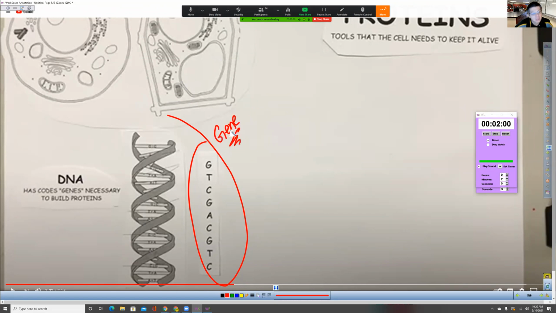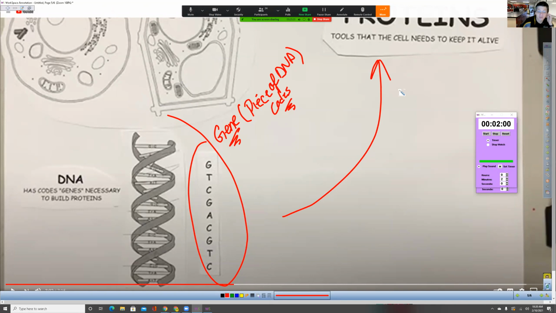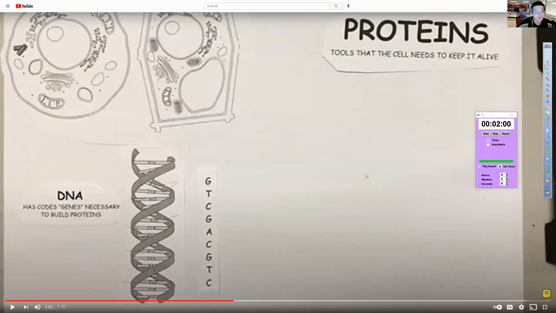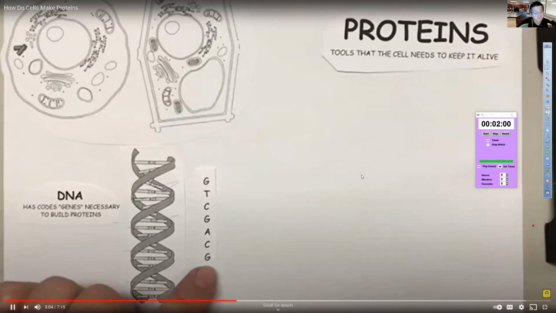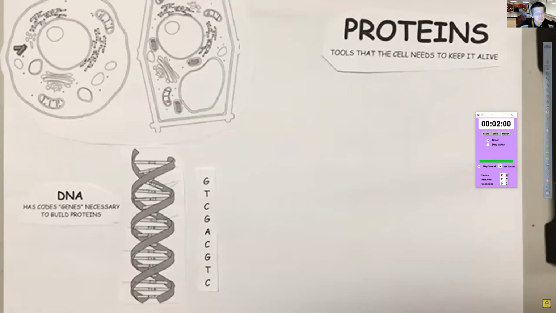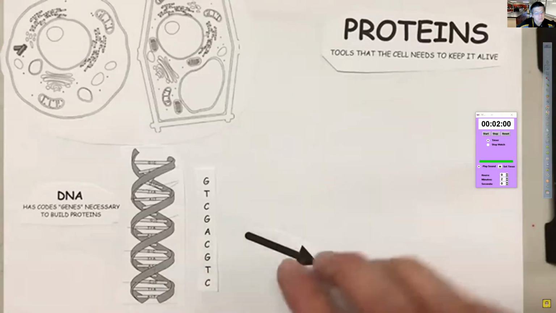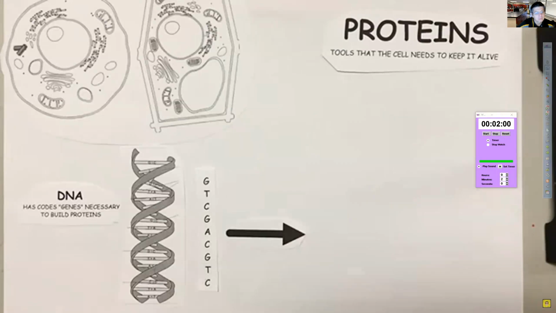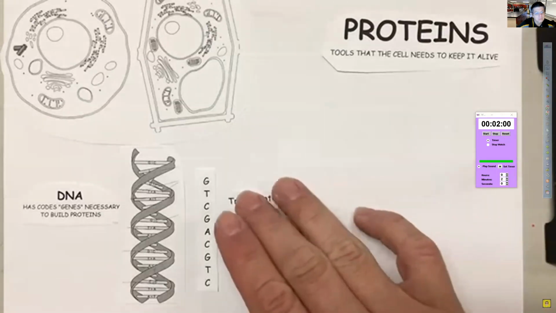Okay, so this is just a gene. Remember, it's just a piece of DNA. And this piece of DNA has codes in it. And those codes we're going to use to make the protein. So that's very important that we understand that concept. So here we go. And there are many genes that DNA has, maybe 20,000 or so. Now, the first thing that needs to happen is that this code needs to get copied, and it needs to get copied in a process called transcription.